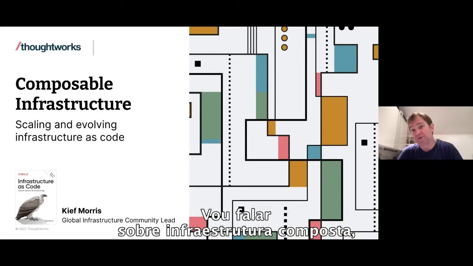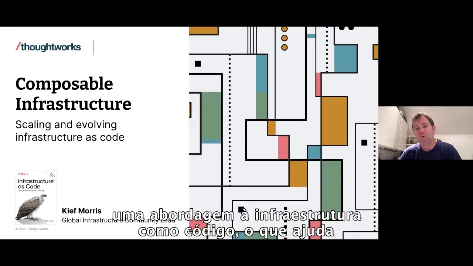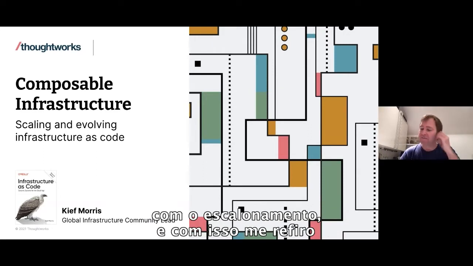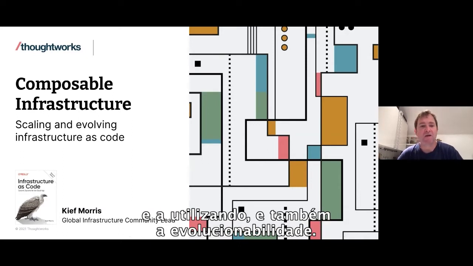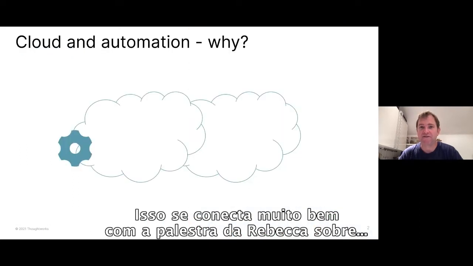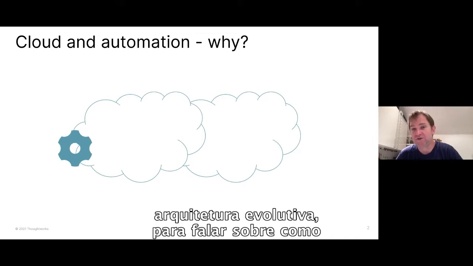I'm going to be talking about composable infrastructure, which is an approach to infrastructure as code, which helps with scaling, and by scaling I mean the amount of infrastructure managed and the amount of people working on and using it, and also to be able to evolve it. So this connects very nicely with Rebecca's previous talk about evolutionary architecture, to talk about how infrastructure and